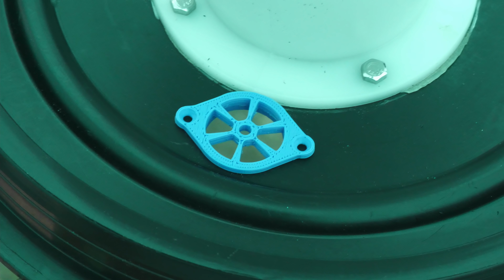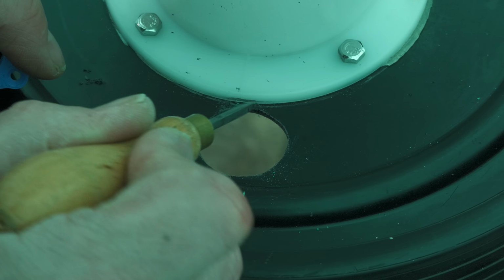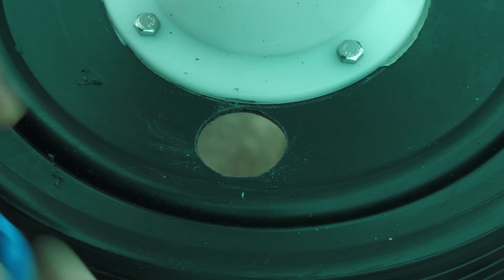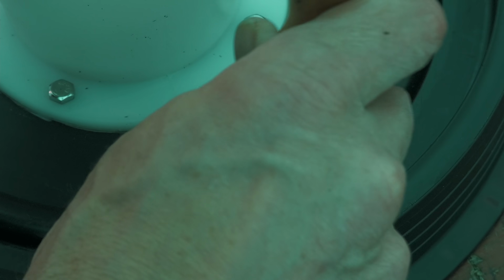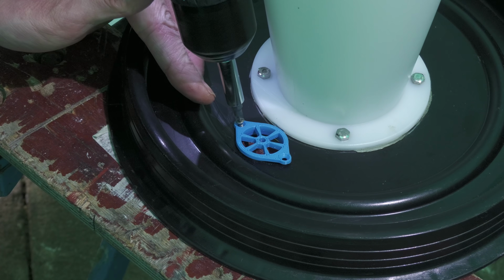It's a clever little design this. It's obviously 3D printed. When you're fitting yours, if you've already fitted your Cyclone, I've got 1mm to spare. I should have gone a little bit further this way. Possibly the damage was done when I made the hole wider, but I've got away with it because that fits perfectly. And then it was just a question of marking the screw holes with a bradawl, piloting the holes, screwing the pressure relief inserts in place,